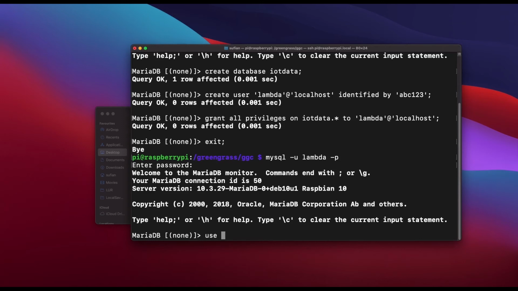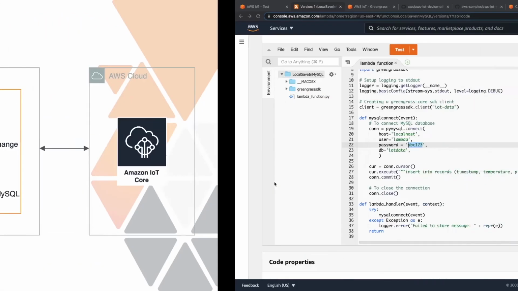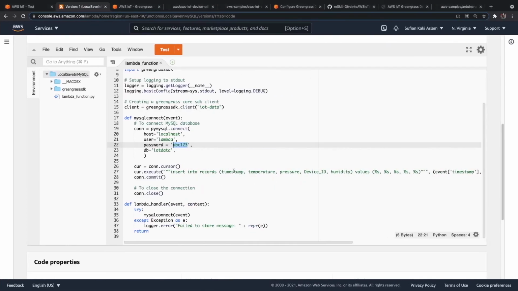I want to use the database called IoT data, and once I'm in here, I want to create a table, so we will do create table. It's called records, and it should have certain fields in it, like timestamp, temperature, pressure, device ID, and humidity.